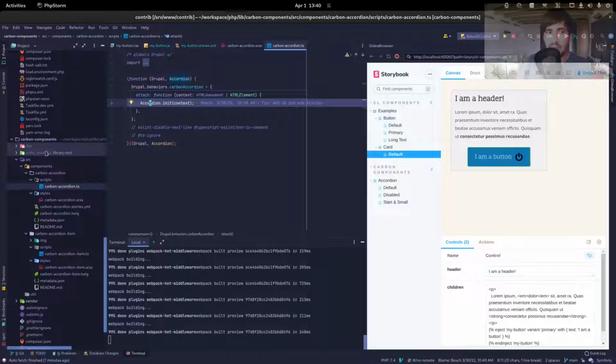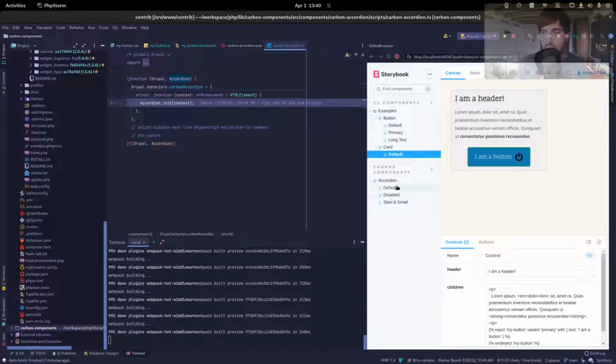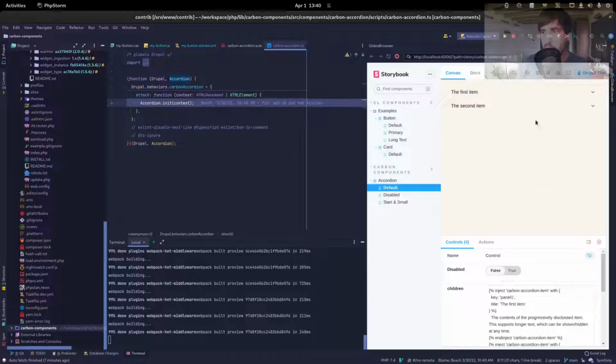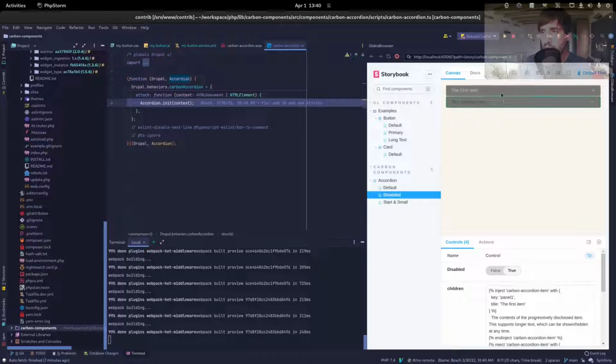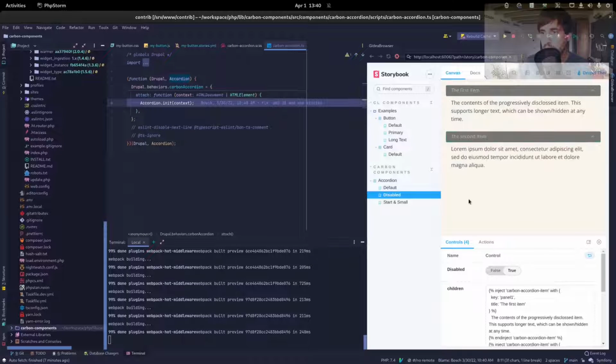But that's the component library author. As a user, I can just use this, and as proof, you can see that it works inside of Drupal perfectly as one would expect, right? All right, so